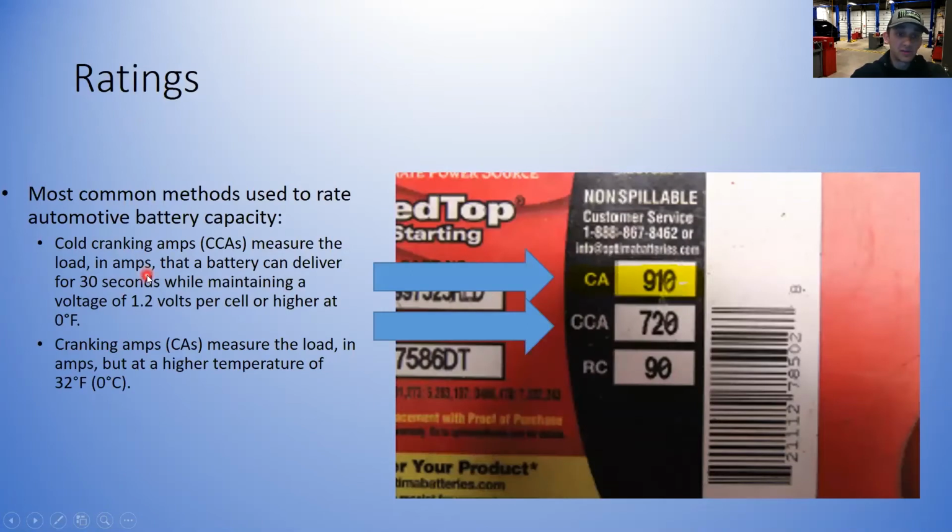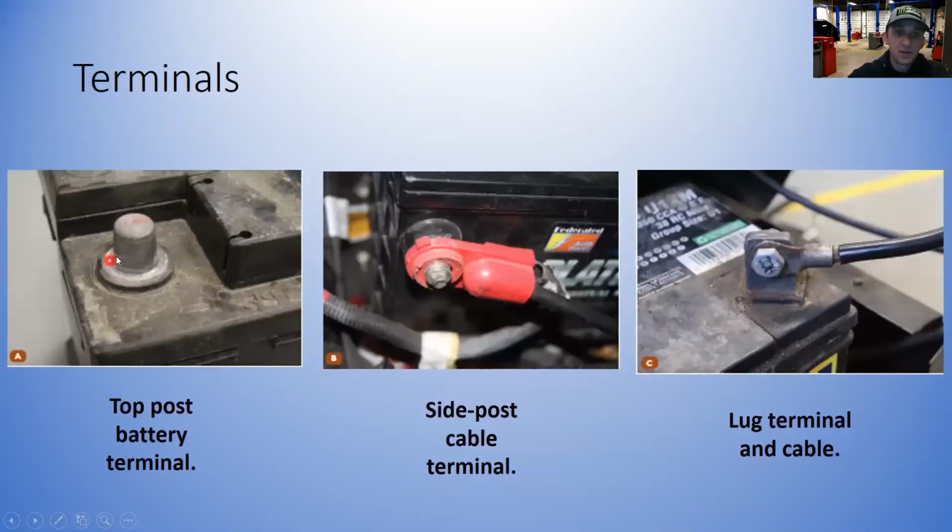A lot of vehicles still use these, but General Motors really went to the side post cable back in the day. I would say probably back in the early 90s, they've been using those. It's a love-hate relationship with these. A lot of people hate these because they're very easy to cross-thread and strip out. They're hard to get battery charger or testing equipment leads connected to, because the clamping point is so small as